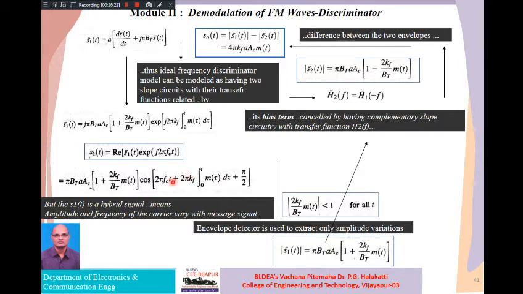Okay. So here, after passing the carrier signal with only frequency variation, that is the FM signal S of t, through the slope circuit, the output of the slope circuit will contain frequency variations. Along with that, it will also contain amplitude variations in the carrier according to the message signal variations. Now we are interested only in the amplitude variations, not the carrier frequency variations. So those amplitude variations we now have to pick.